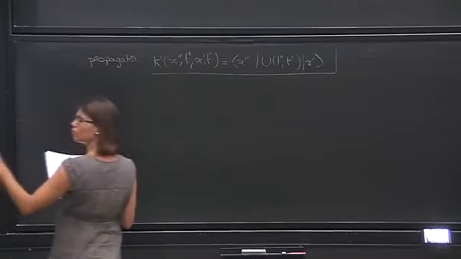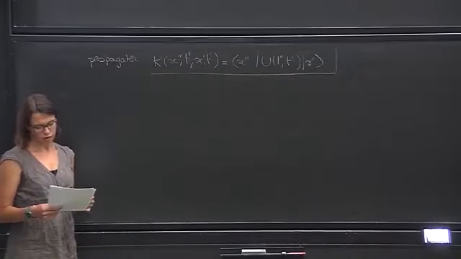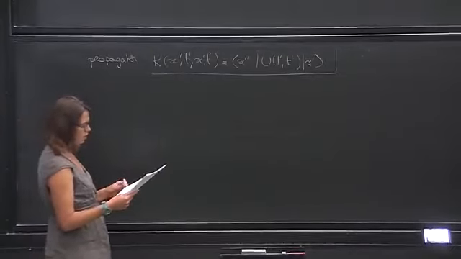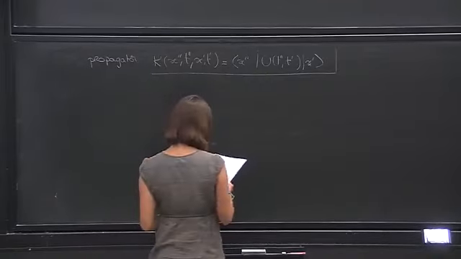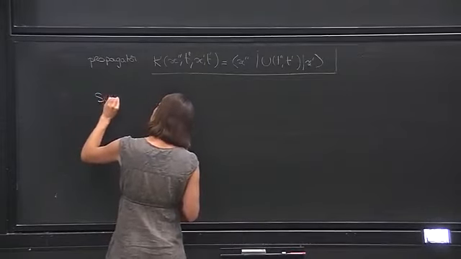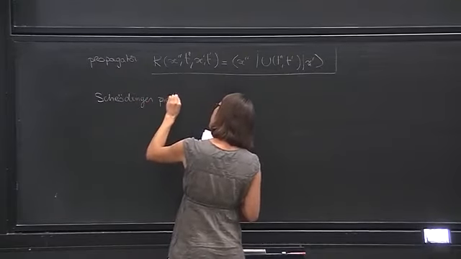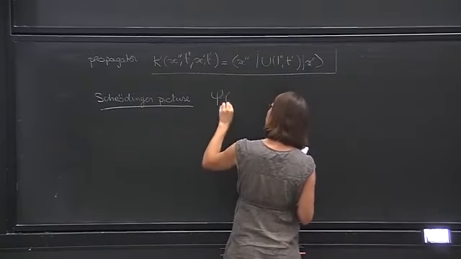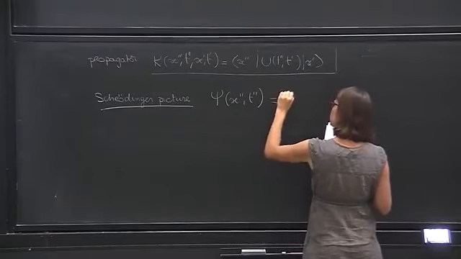And so first we're going to describe a general strategy that is going to lead to the representation of this matrix element in terms of path integrals, okay? So let's start from the position wave function in the Schrödinger picture. So now I'm going to work in the Schrödinger picture, and I'm going to look at a wave function, which by definition